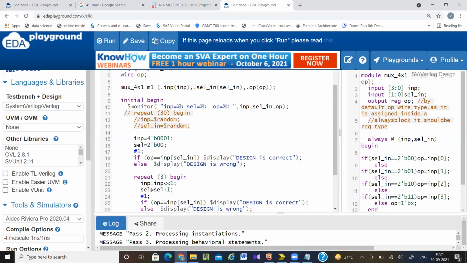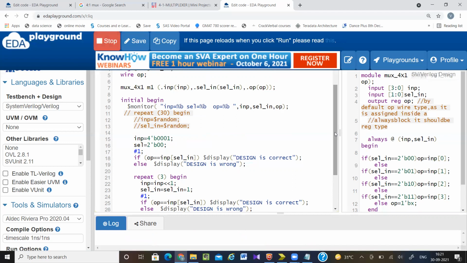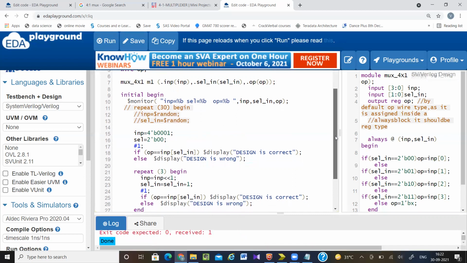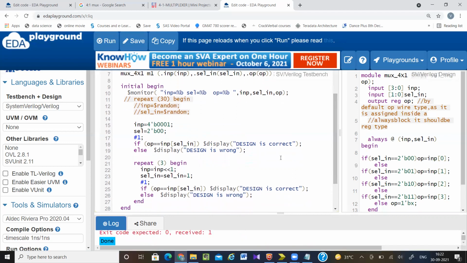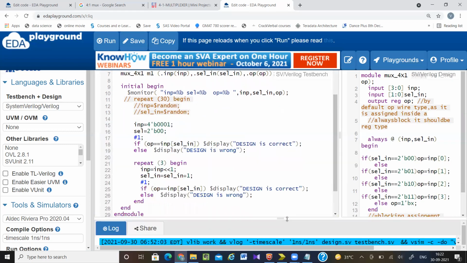Can select. So this is select in, undefined identifier, it is saying. Line 16 again. Okay, this is also select in.